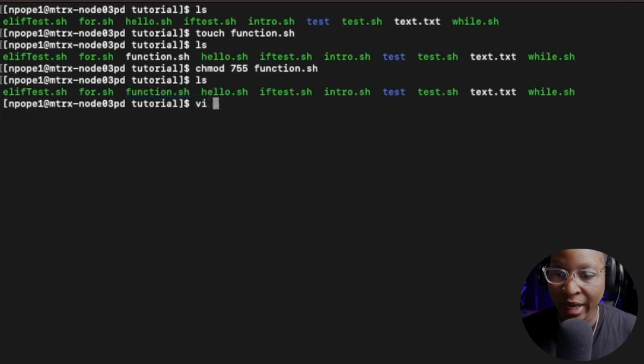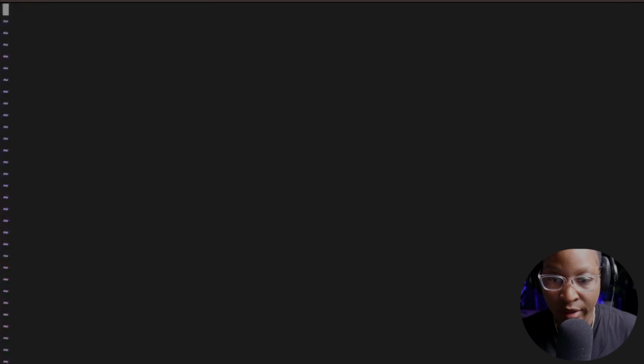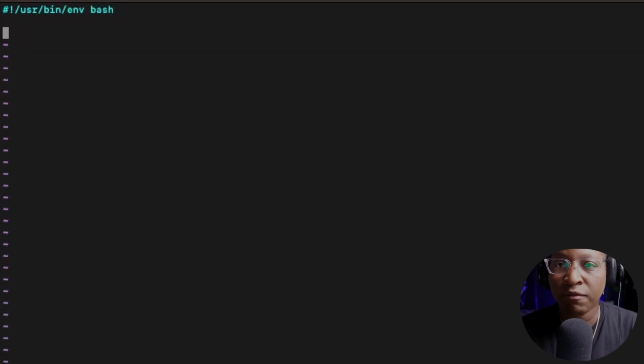I'm going to use the VI text editor to write my commands inside of the file. So I'm going to say vi function.sh, and now I'm inside of the text editor. The first thing I'm going to do is write the shebang. So #!/usr/bin/env bash. I want to write a function called hello, and there are three ways I can write this function in